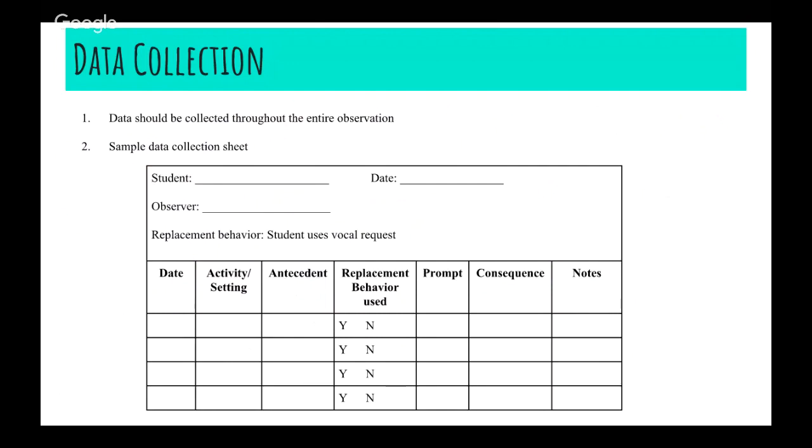Okay, so as you can see, here's our data collection sheet. Data should be collected throughout the entire observation. And then here is a sample data collection sheet. So on the sheet,